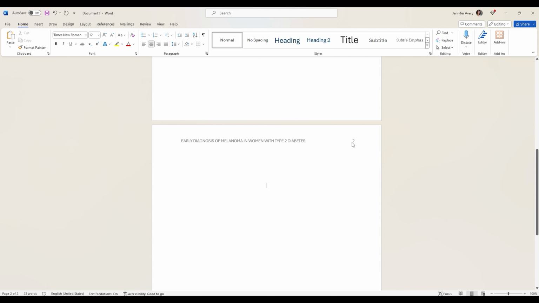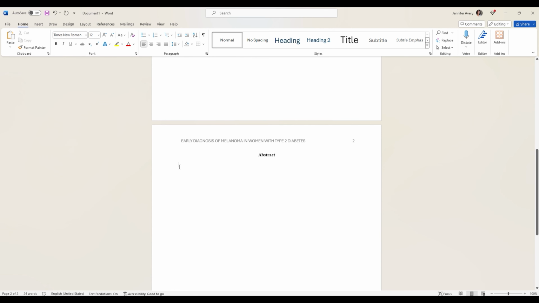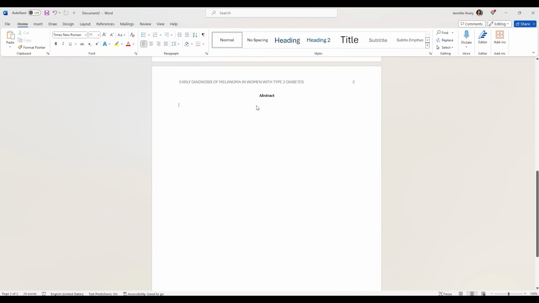On the next page, this is where you'll type in your abstract. Now, not all papers will include an abstract. However, in the APA, oftentimes they do. You can watch my video on abstract writing to learn how to write an abstract. But the abstract should be double-spaced, and unlike paragraphs in the paper, the abstract will be left justified without indentation